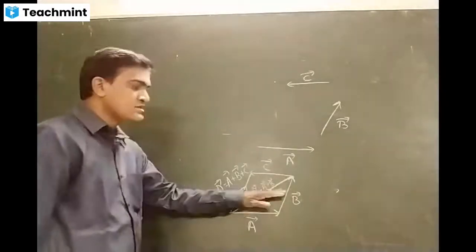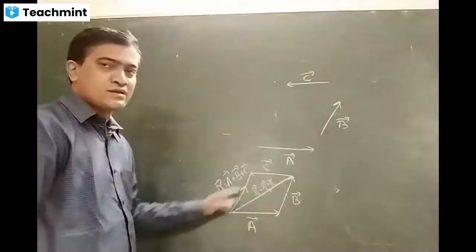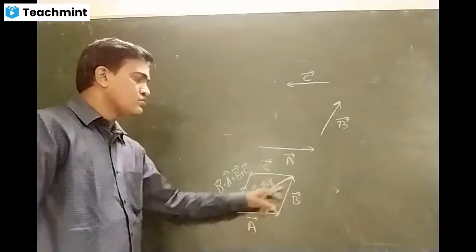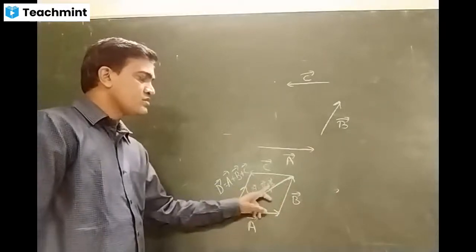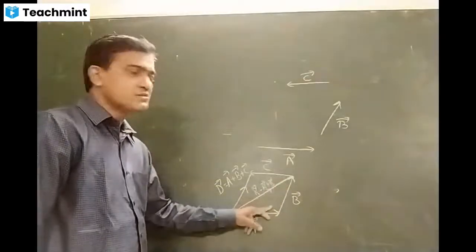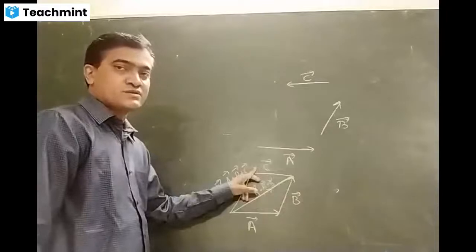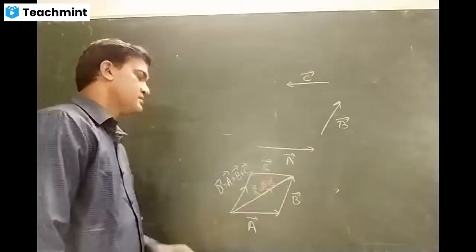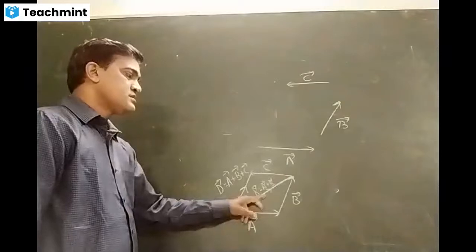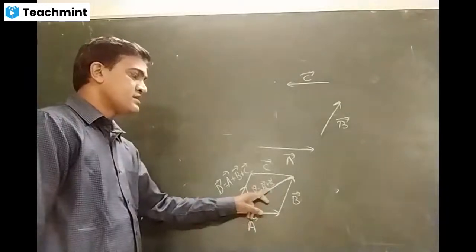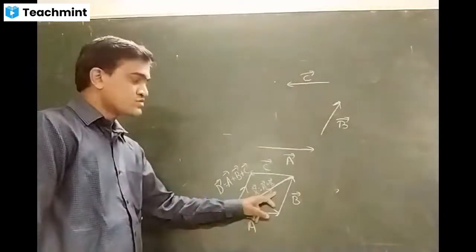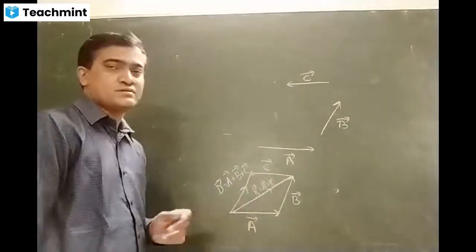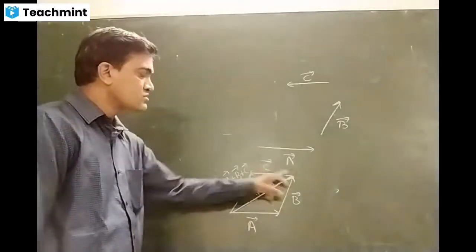Now, if you look at the above triangle, this forms another triangle. Now, if you look at these two vectors, R bar is equal to A bar plus B bar is one vector, C bar is another vector. That is the head of the first vector. Now I treat this R bar as the first vector, C bar as the second vector. Now what is the resultant of these two?